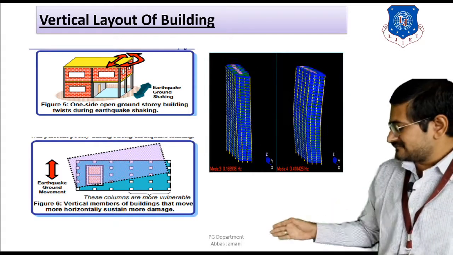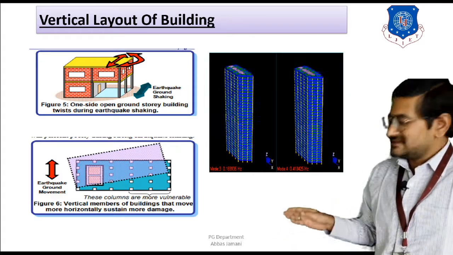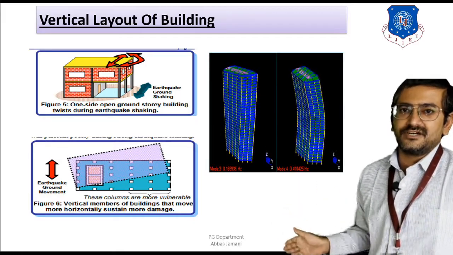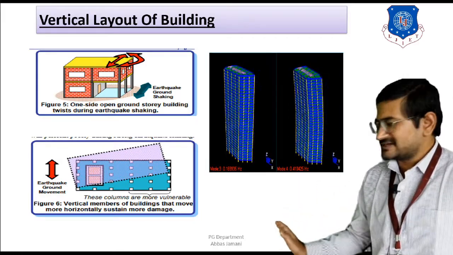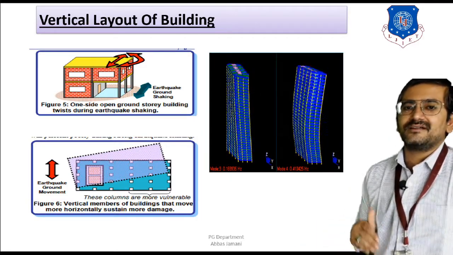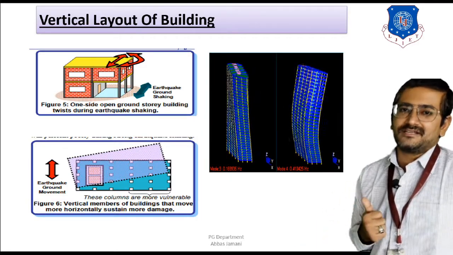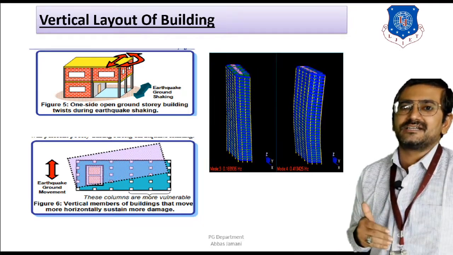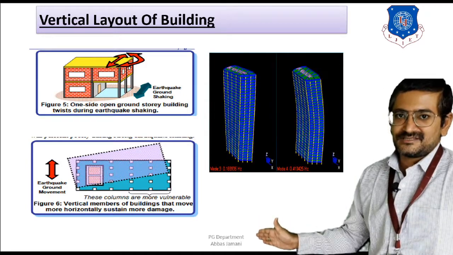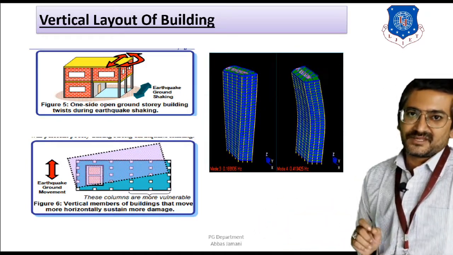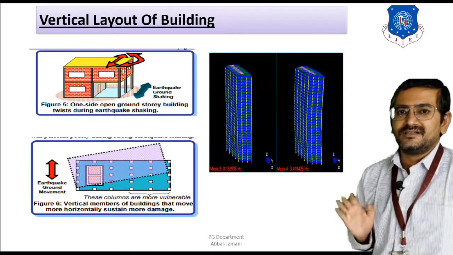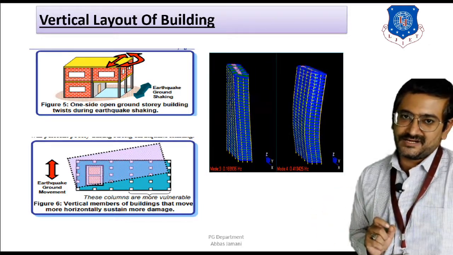What is going to happen is that the CG of the structural system is going to be more concentrated towards the left hand side as compared to the center. As a result, again, there will be an eccentricity coming into effect. The eccentricity will be between the CG of the stiffness and the CG of the building system. Due to this eccentricity, the torsion effect is likely to be initiated in the building.